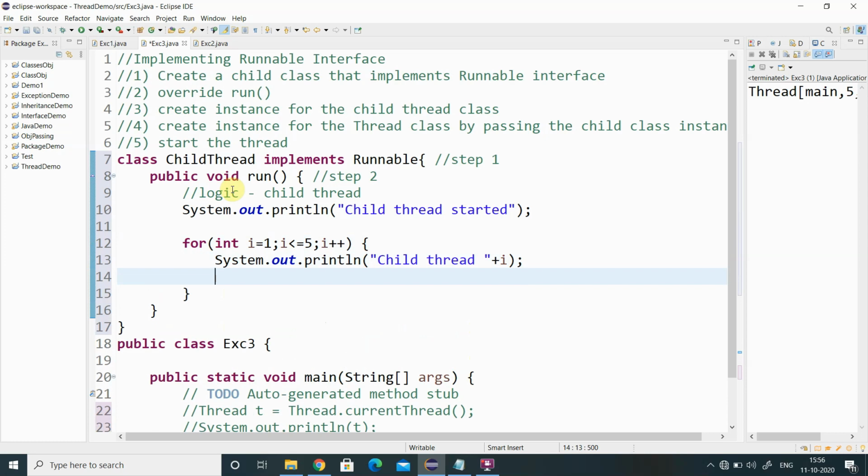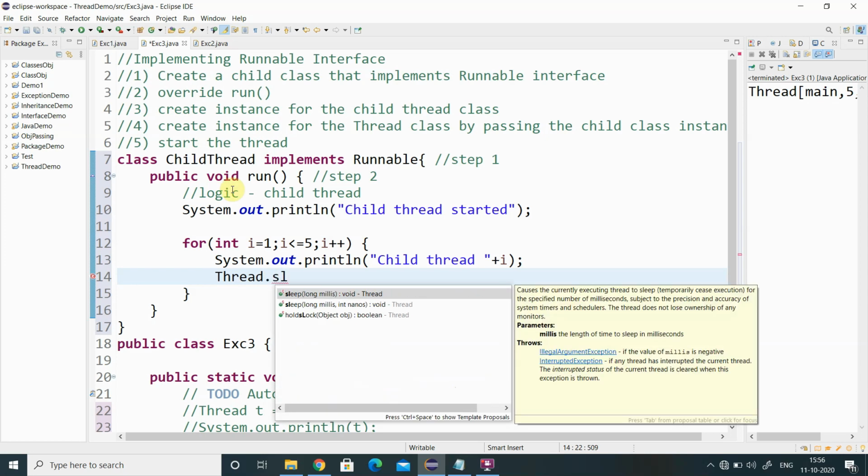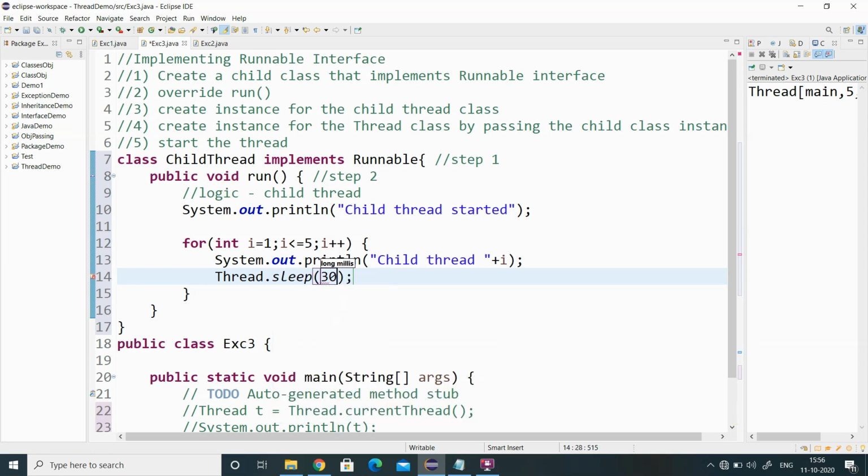I need to print this with a time interval. For that I need to use a function called Thread.sleep. In the sleep we have to pass the milliseconds. So if it is 3 seconds, I will pass 3000 milliseconds.